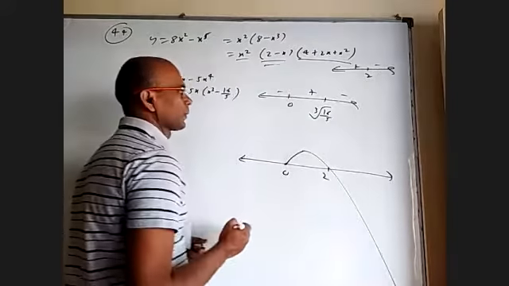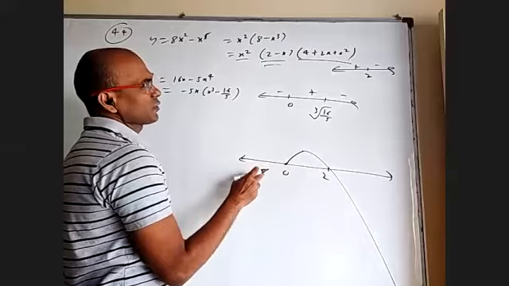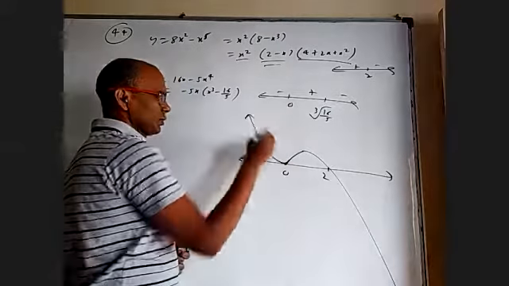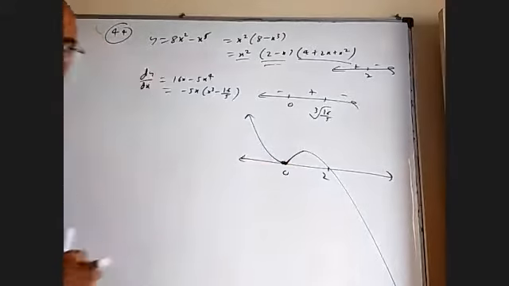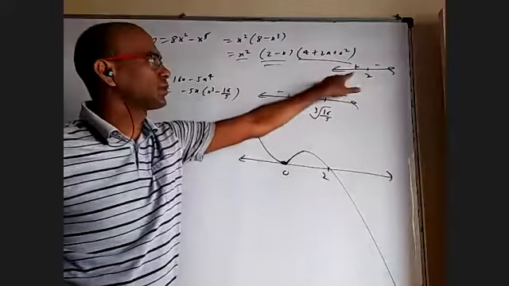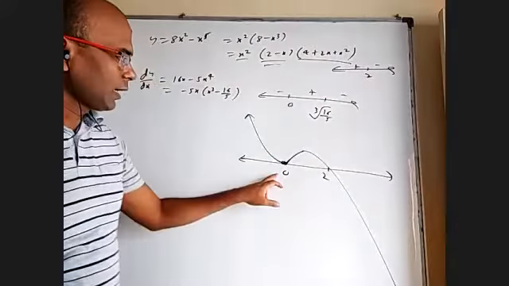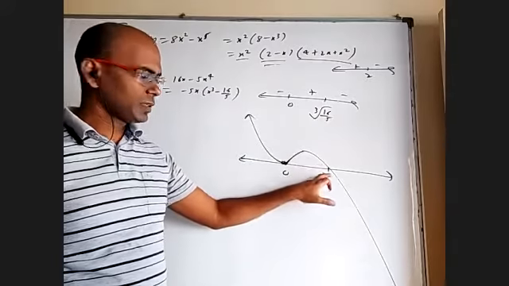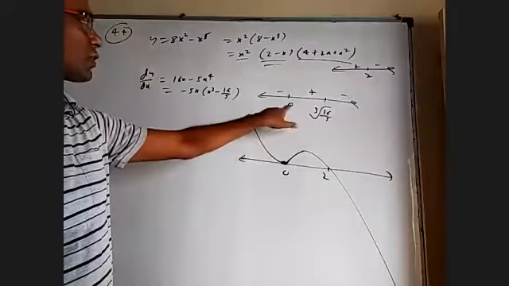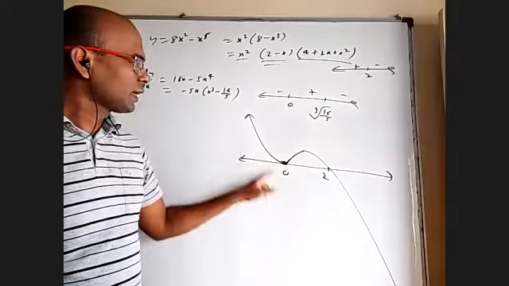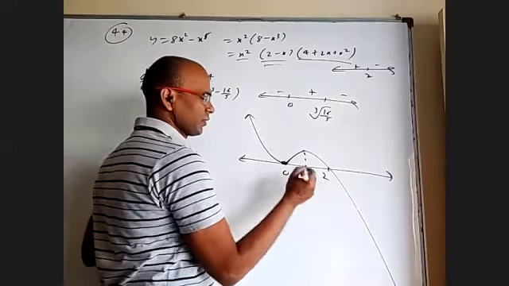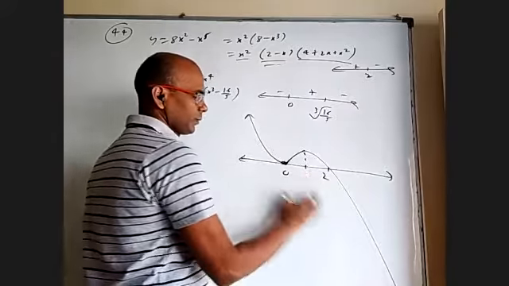This is 2. Before 0 and after 0 both it is positive, but it is very smooth here. At 0 it is 0, but before 0 and after 0 it is positive, because before 2 it is always positive. After 0 it increases and then decreases. At 2 it is 0 and after 2 it is always negative. You can see in the derivative also, up to 0 it is decreasing, after 0 increasing. This is that cube root 16 by 5, not so important. Okay, this is the graph.